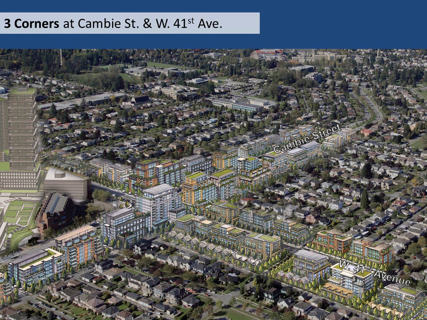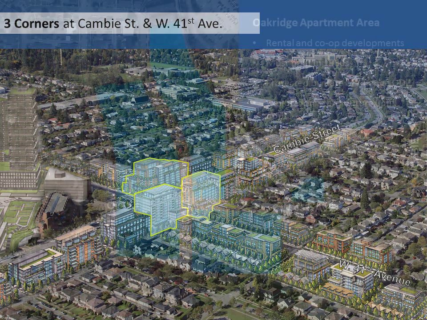Now here you see a map including the envisioned built form along the arterial streets through the Cambie Phase 2 planning program. And you see the 3 corner sites noted in yellow. Some things to consider as we explore the future of these 3 corner sites include potential impacts on existing and anticipated development on the surrounding Phase 3 areas, as well as determining the appropriate relationships between mid-rise and potential tower building forms along Cambie Street.